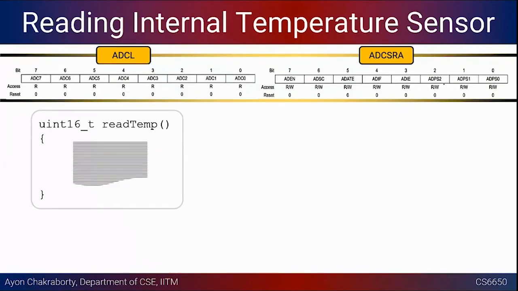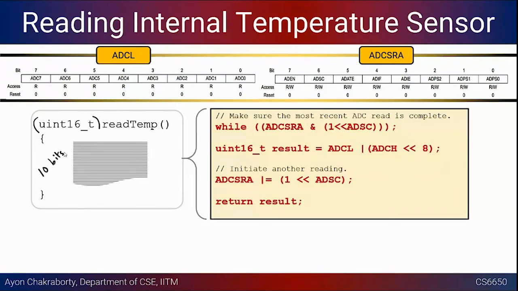So next, after the setup is done, we have to start reading these values. So here we are reading the temperature value. We are trying to design this function called read temperature, and this is a 16-bit value, right? Unsigned 16-bit value. We don't require any signed value here. So why 16? Because the ADC is going to give you 10 bits, right? And so you need at least 2 registers, right? As we have seen, the ADC high and the ADC low registers, we require both of them, which will fit these 10 bits together.